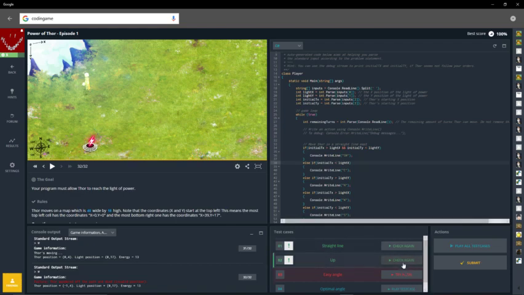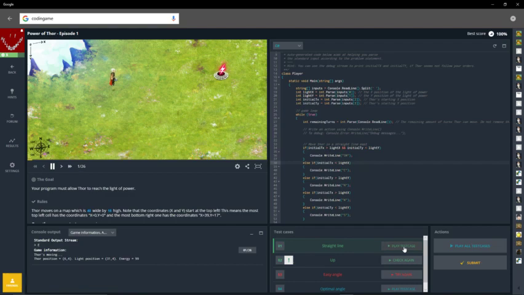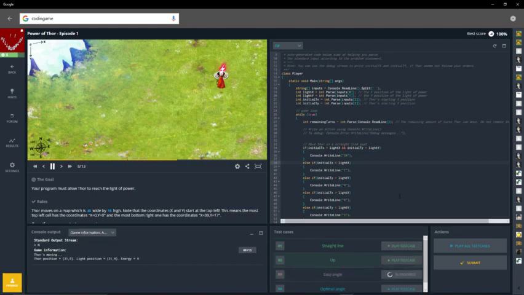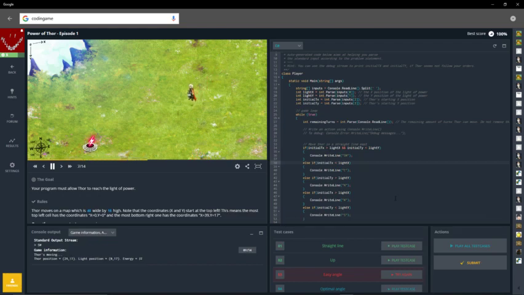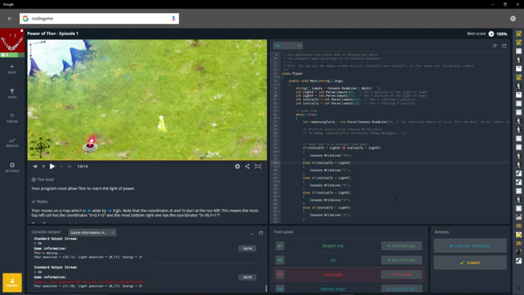Okay. Actually, let's check to make sure the rest of our code still works. Yeah, that works. Yeah, that works. All right. And this still doesn't work, and that's what we got to figure out. Why doesn't this work? Should work. The logic looks pretty good. All right, so let's find out why